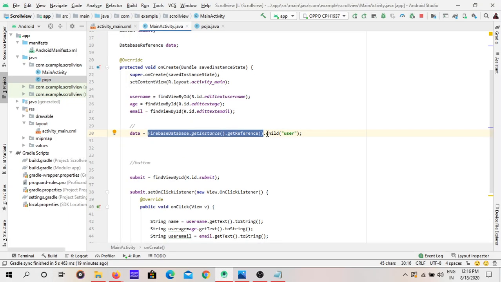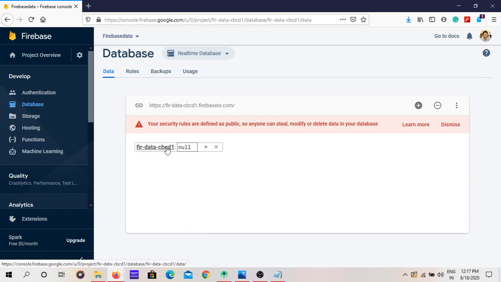After that we tell Java to create a child, dot child. What is the name of that child? User. So it will give another link-like structure to this database and create one child. I will show you, wait a minute.